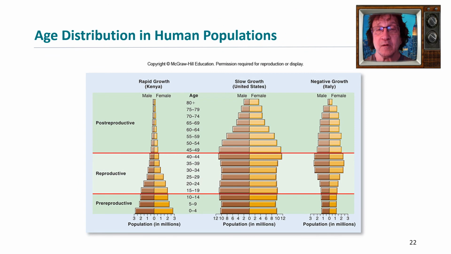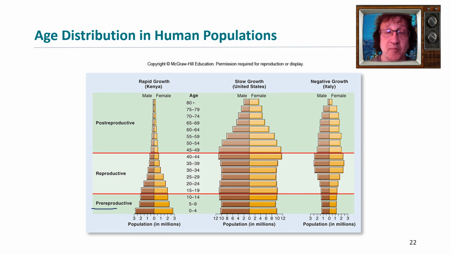Now, the graphs you're seeing here, which look like a bunch of Jenga blocks or something like that, these are ways that we can graphically depict what's called age and gender population curves. These are not just used for humans. These will be used for animals. And I've seen these used for animals when looking at populations of animals, whether populations were in danger or not. So what this graph does is it kind of takes our survivorship curve and puts it into a different type of graph.